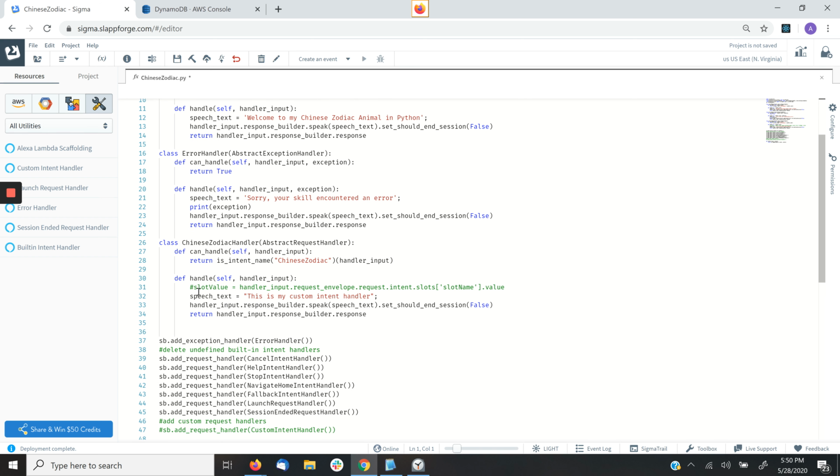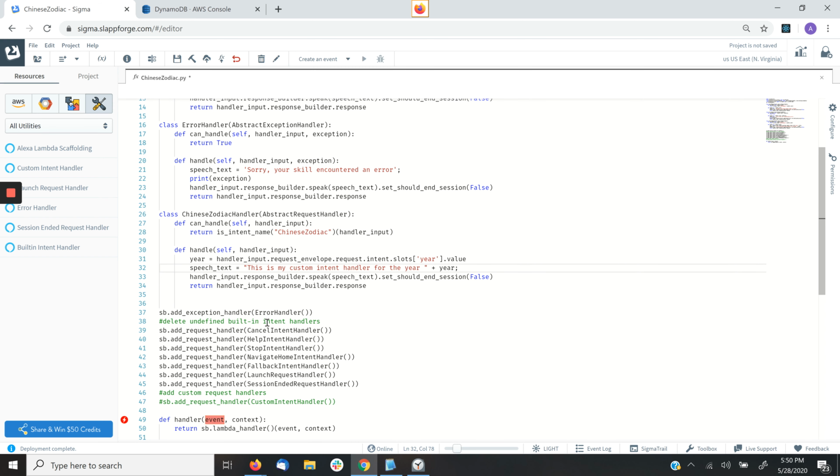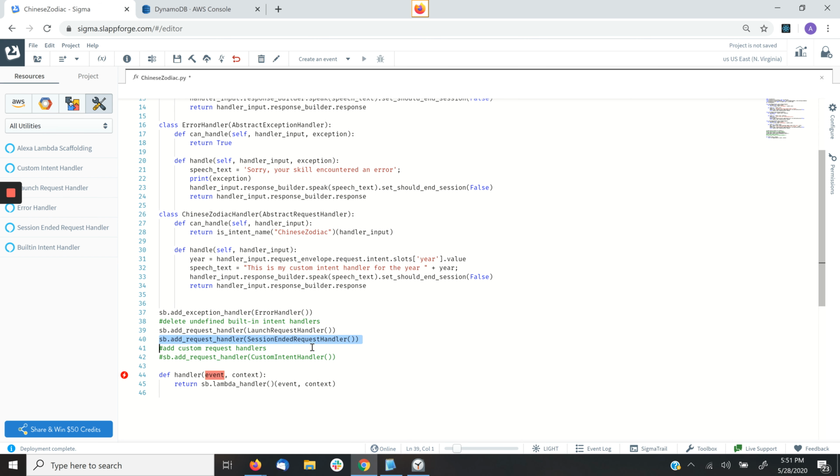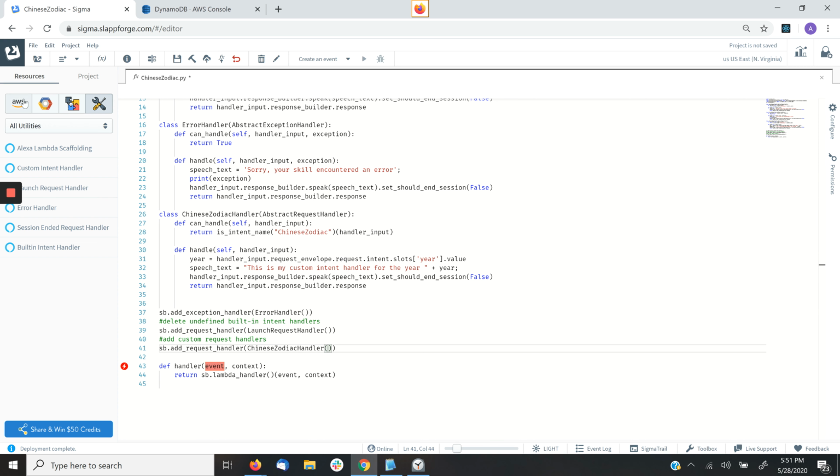And I'm going to change this code to read the slot value year, which I provided earlier in the Alexa developer console. And I'm going to say this is my custom intent handler for the year and plus year. So finally, I'm going to delete the handlers which I did not define in this example scope. So I'm going to leave the launch request handler and add my Chinese Zodiac handler, which I defined as the custom handler. I'm going to finally go into the AWS resource